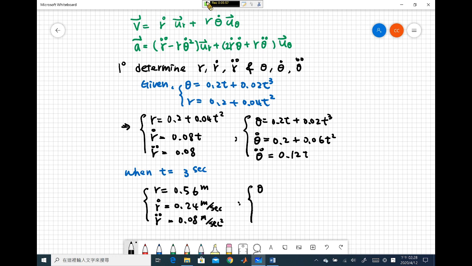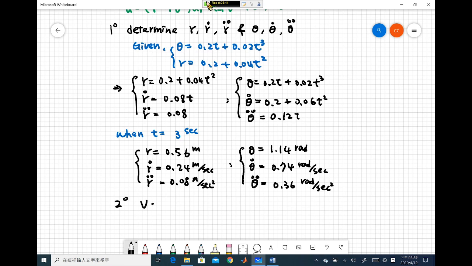Your theta, you just plug in this 3, you obtain 1.14 radian. Your theta dot will be 0.74 radian per second. Theta double dot will be 0.36 radian per second squared. Okay,